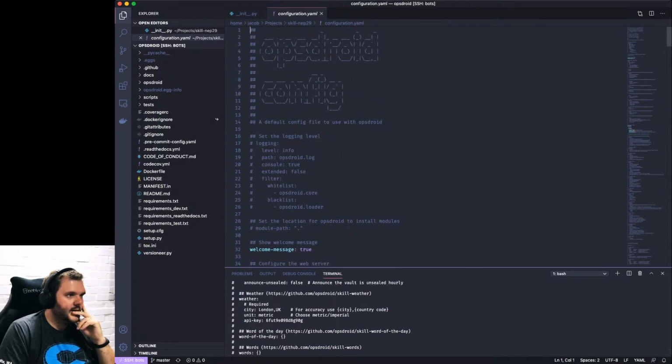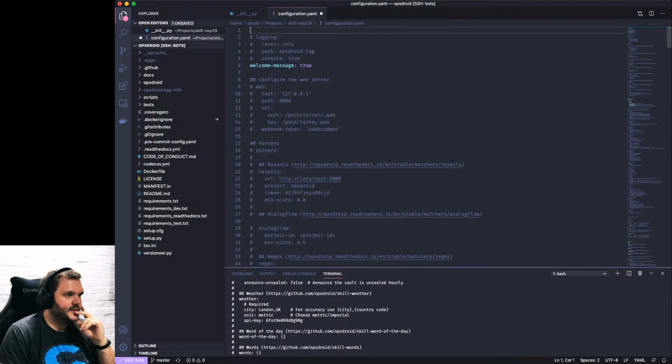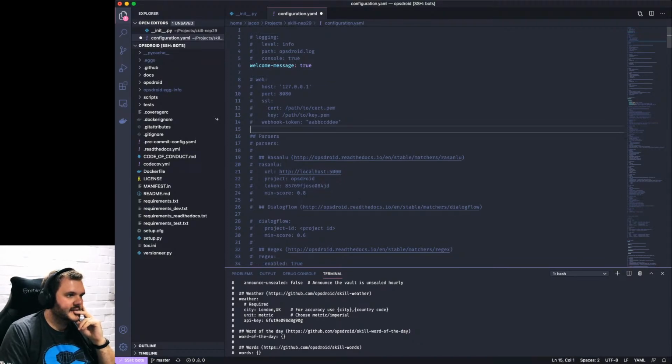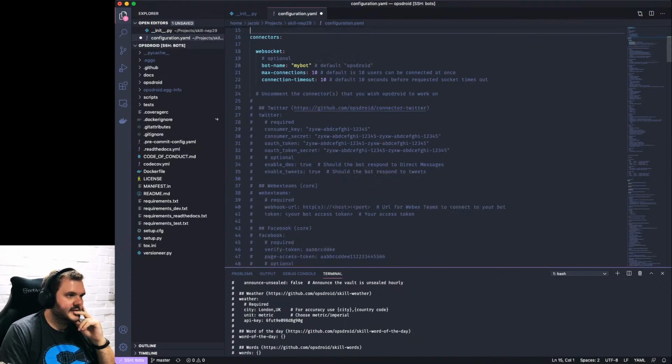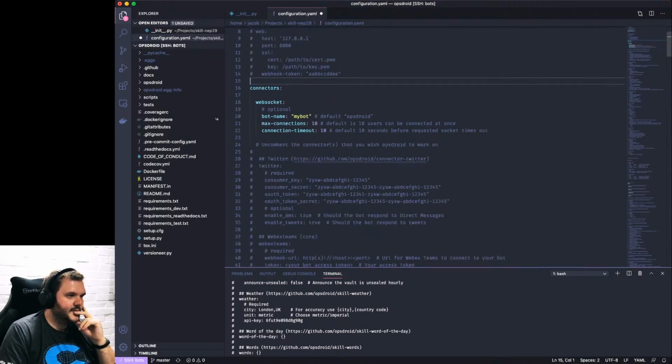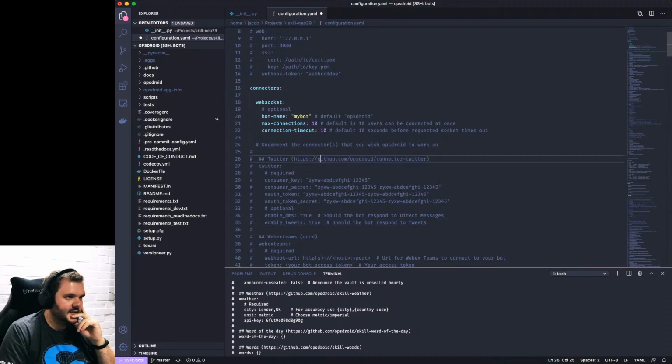Okay. I'm just going to tidy up a bunch of this. Let's go like that. I want to keep that just in case. I'm going to keep the web config in case. Others I'm going to leave alone. Connectors, WebSocket. Oh yeah, Twitter is in here. This is why I thought we had Twitter connector in core, but it's not. It is using that still. Fine,